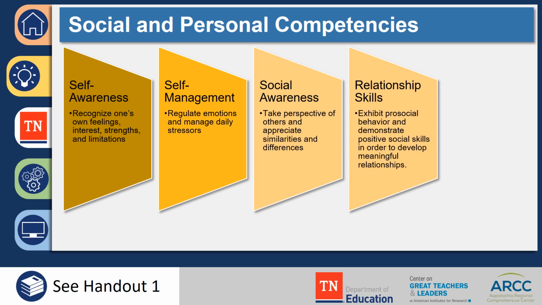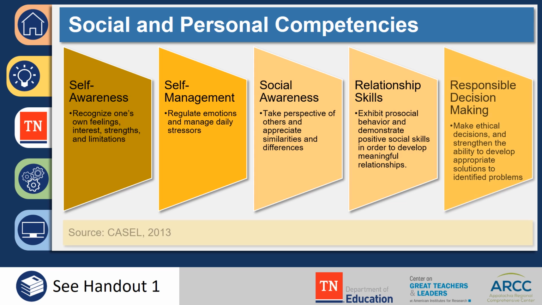Relationship skills refer to individuals exhibiting pro-social skills and behaviors in order to develop meaningful relationships and resolve interpersonal conflicts. Responsible decision-making refers to one's use of multiple pieces of information in order to make ethical and responsible decisions. Handout 1, Student Social and Personal Competencies and Skills, provides an overview of skills that correspond with each social